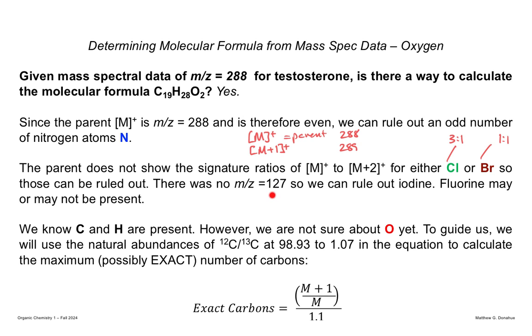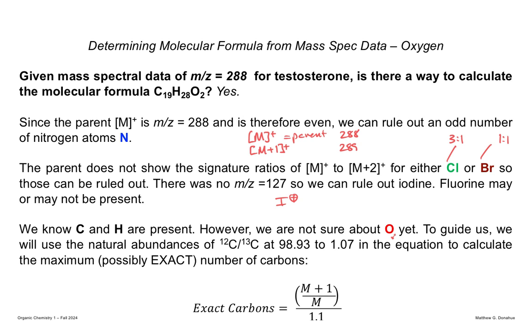Iodine has an atomic mass of 127. So if it was present in the molecular formula, you would see a signal at 127. We don't see that, so we can eliminate iodine as well. Fluorine's a little challenging, so we're not going to delve too much into fluorine at this point. So we've eliminated nitrogen and some of the halogens. Now we're left with